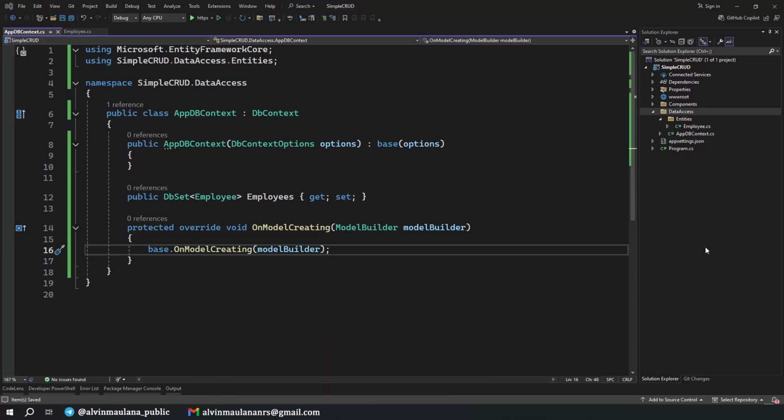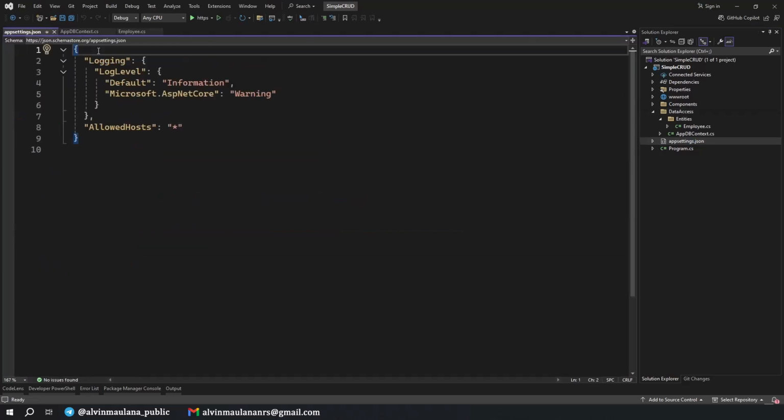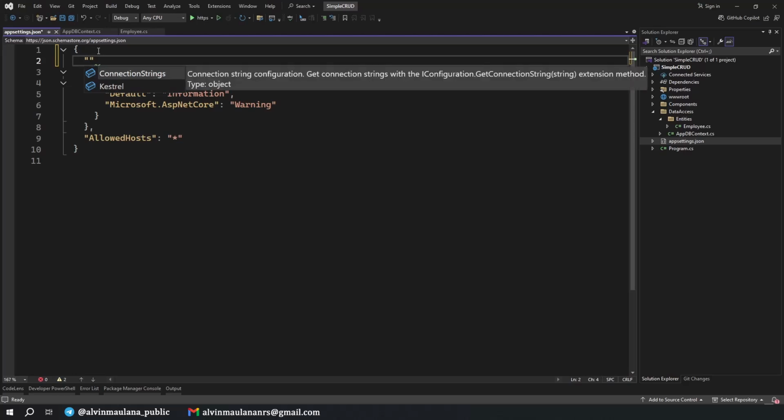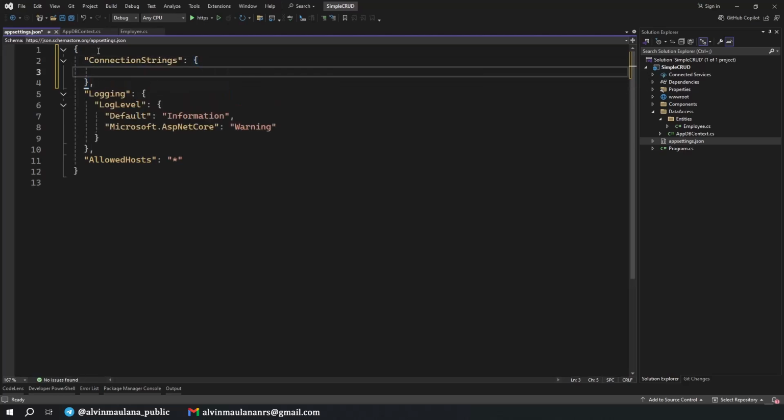And the next we will have a connection string to connect to our SQL server. So we'll have a connection strings. Okay, nice. I use this one. And then I name it as default connection. You can name it as you want actually. I just prefer this. And what we will have here is server equals to localhost slash SQLExpress.